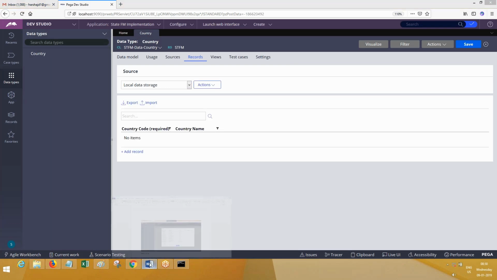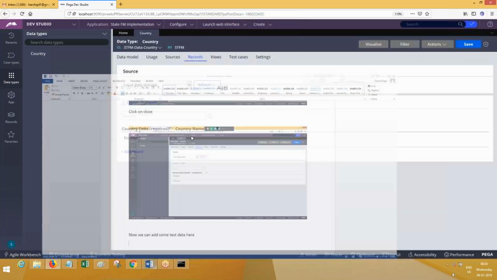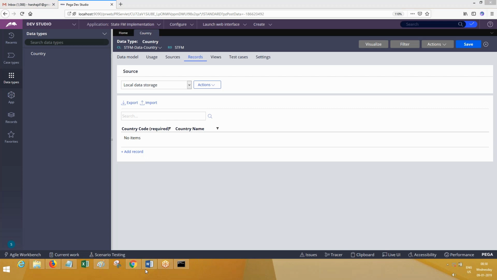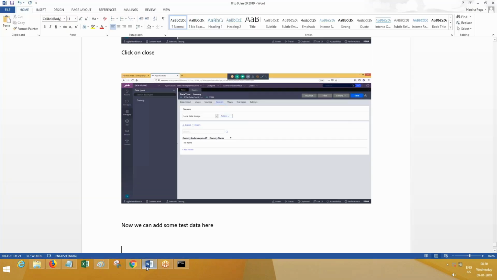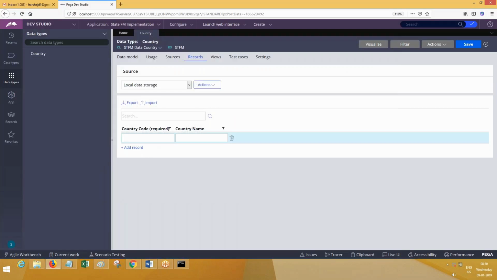Did you get the storage now? Now we can add some test data here. Click on add record. Once you click on add record, what is the country code?